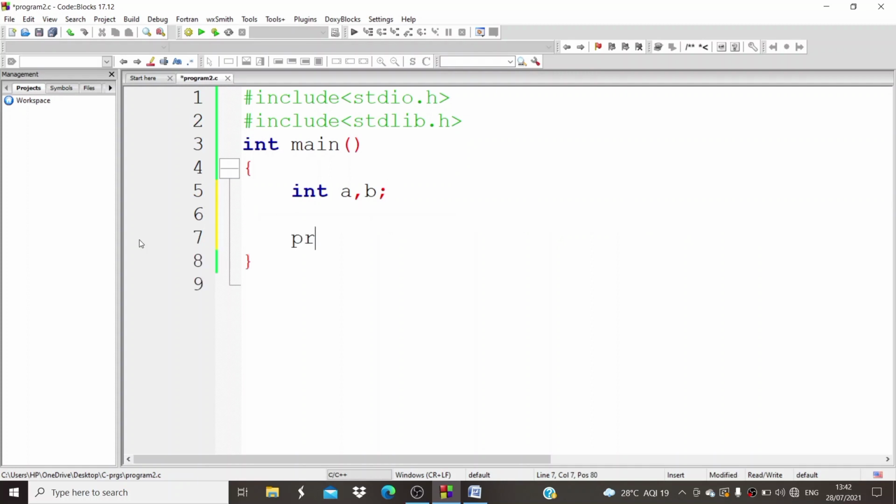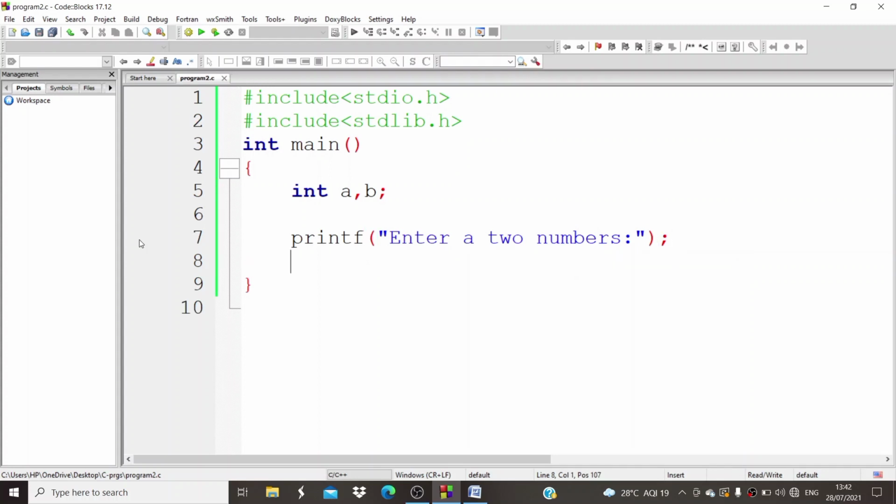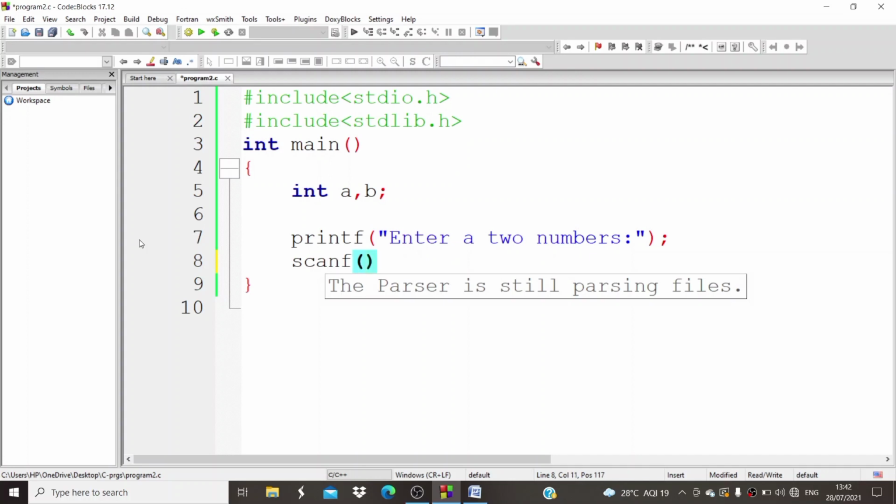Then printf, inside printf in double quotes, then semicolon. Write "Enter 2 numbers" inside. So this is the printf. For the input we have to write the address of the variable. Use scanf, inside scanf in double quotes, after this a semicolon.